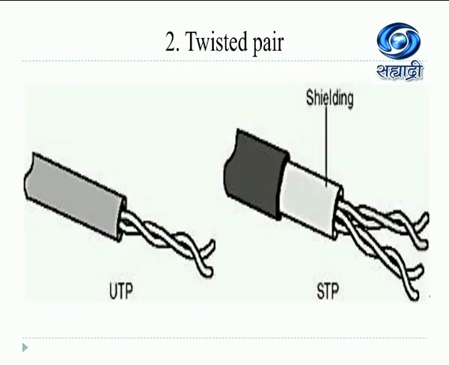second. So this is the diagrammatic representation of a UTP and an STP twisted pair. In case of the UTP pair, there is no shielding you can see. And in case of the STP, we can see a shielding between a foil and its plastic casing cover. So that shielding is present in a twisted pair, and there is no shielding present in case of the